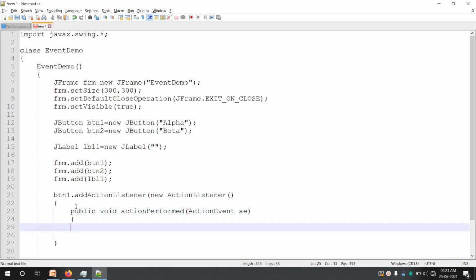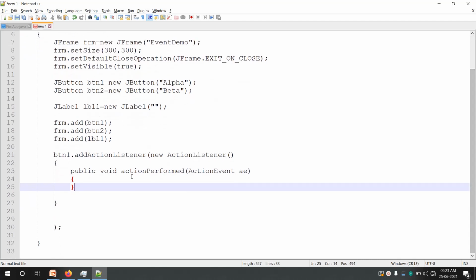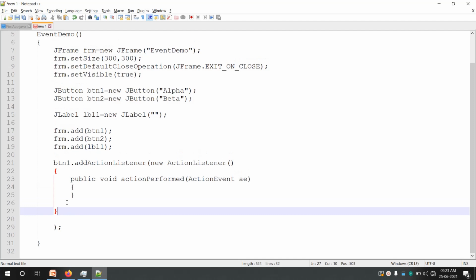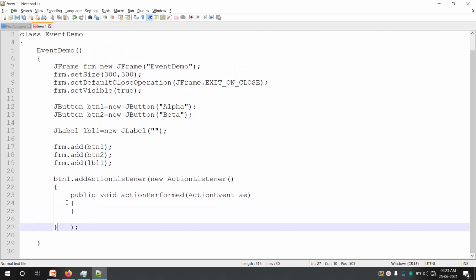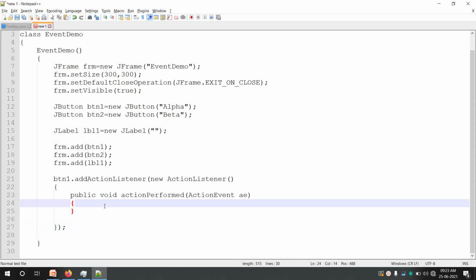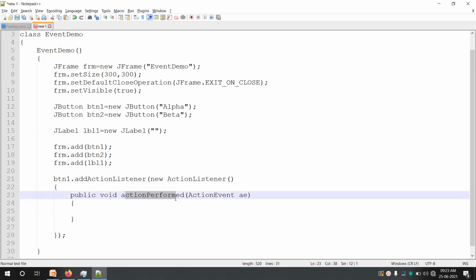Okay, so that's it. This is our event handling code. Whenever you click on the button btn1, this actionPerformed is executed.